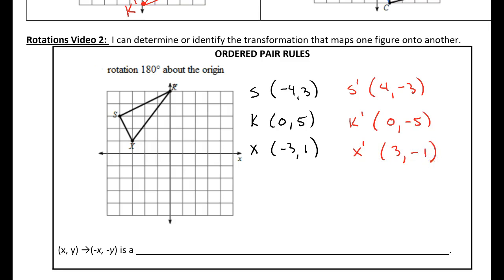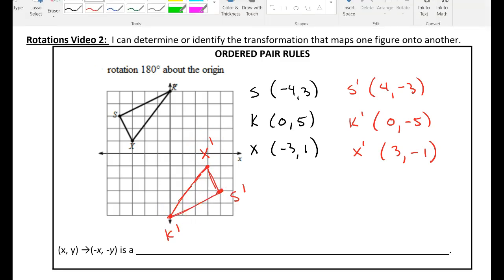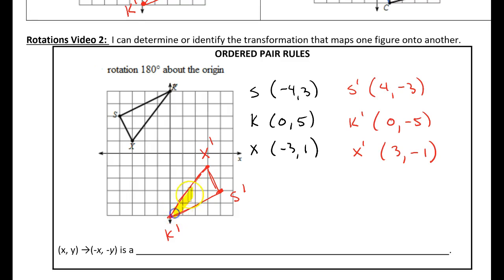So let's go ahead and draw that in. So we've got 4, -3 is down here. That's S prime. And 0, -5, that's K prime. And 3, -1, X prime. Go ahead and connect the points. And there you have our rotated triangle. We've rotated it about the origin